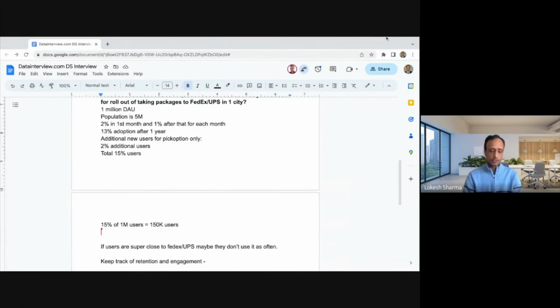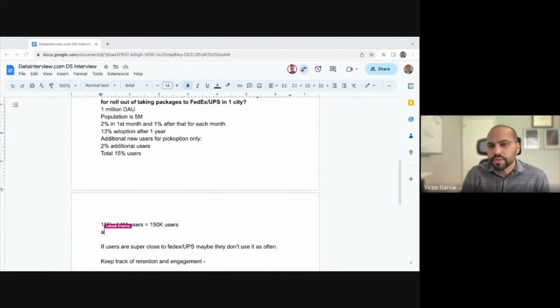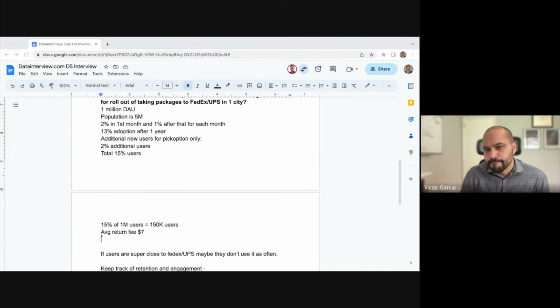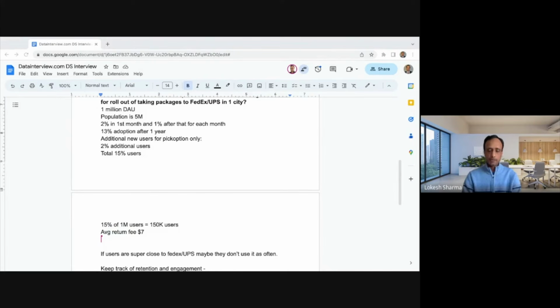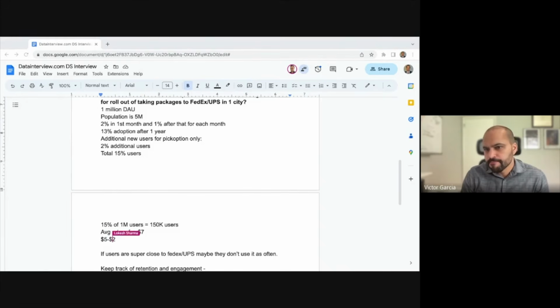Okay. I'm going to assume that every pickup and return, for simplicity of the calculation, is, let's say, it's $. Do we have any numbers, like on average, what do we expect? Or I can make the assumption like it's $7 or $8. Yeah, let's say it's a $7 fee to the user. Got it. And then part of it goes to Dasher and part of it goes to DoorDash. So can we do a 5-2 split? $5 goes to Dasher and $2 goes to DoorDash, unless we have any numbers on that. That sounds reasonable to me.